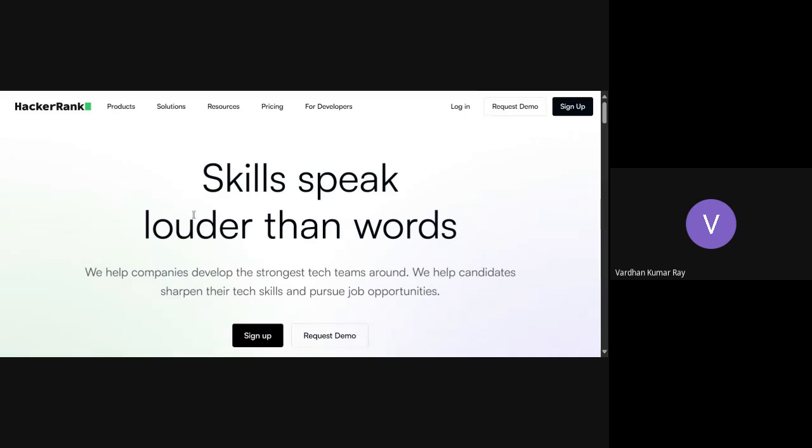HackerRank website. Here the questions we're going to give, the challenges you might have got from the operational team, will be available on this platform. You need to sign up using your IIT Madras email ID and ensure that your username has your roll number. If it already has your roll number, then it's fine. Otherwise, if it only has some name or nickname, try to edit it. Otherwise, it becomes harder for them to make the leaderboard. They should have a mapping from your name to your roll number. Just sign in using your IITM email ID and ensure your roll number is in the username. I will share the URL for HackerRank. You can just search for it also. It's a very popular platform.